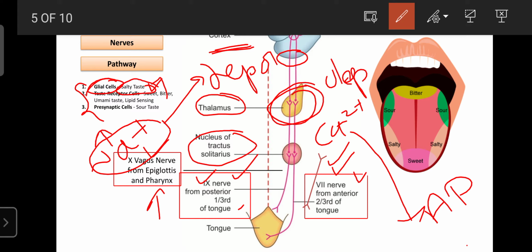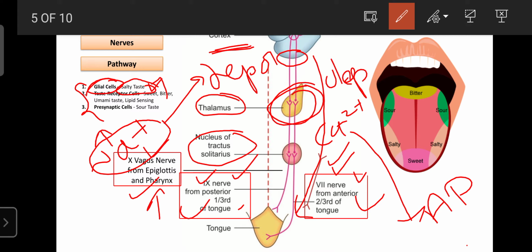Those are present in the cerebral cortex, and the same message is returned towards the tongue with the help of the same cranial nerves, because these cranial nerves are of the mixed type, both sensory nerve as well as motor. Sensory nerve means they carry the message from the tongue to the cortex, and motor means the answer from the motor cortex reaches the tongue. That's why, due to these three nerves being mixed in nature, they are completely involved in the regulation of the movement of the tongue as well as the detection of taste.